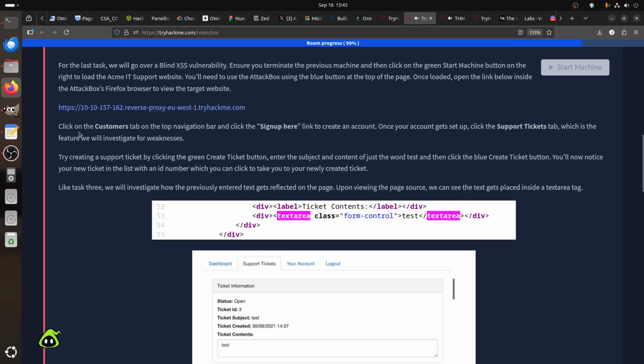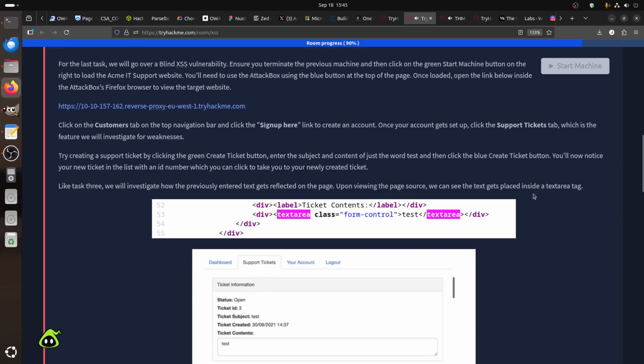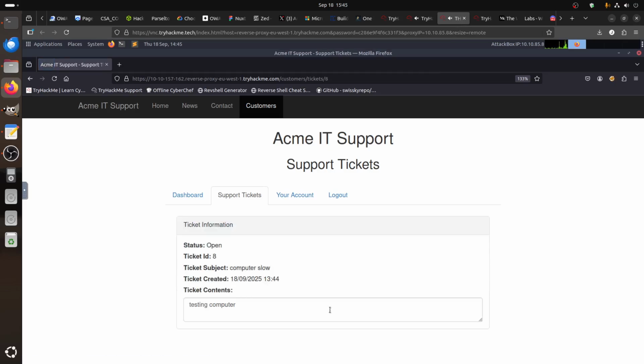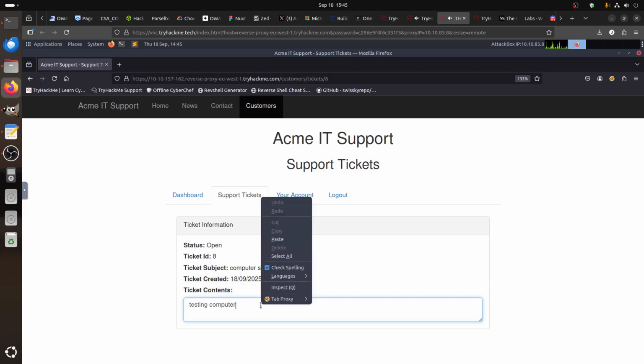If we follow the room, it'll tell us, like task 3, we will investigate how previously entered text gets reflected on the page. Upon viewing the page source, we can see that the text gets placed inside the textarea. So where is this? We can see it's testing computer, so we know